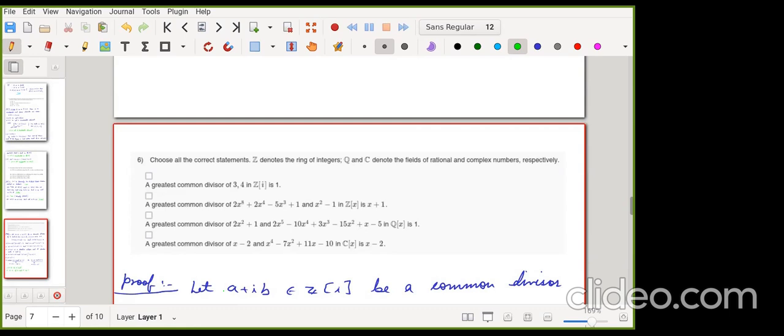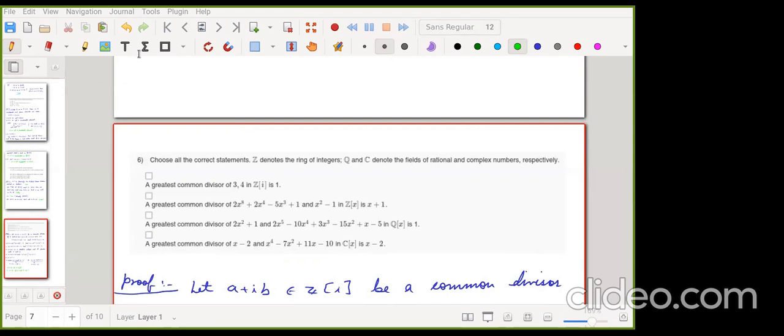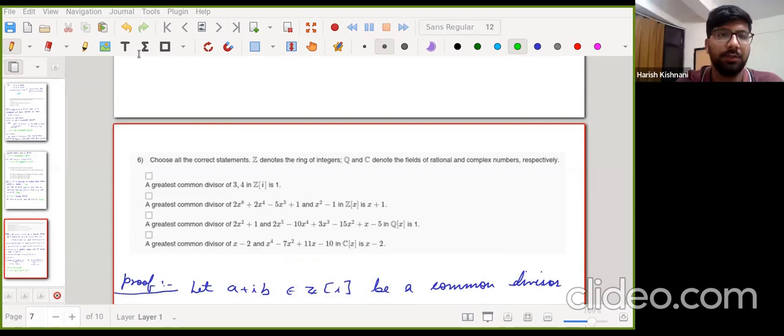Is it okay? I think so. Because the roots of unity form a cyclic group, and if you take the cyclic group of order p, every non-trivial, non-identity element is a generator, right? Inside Z mod pZ, every non-trivial element is a generator. That is true only for prime numbers.